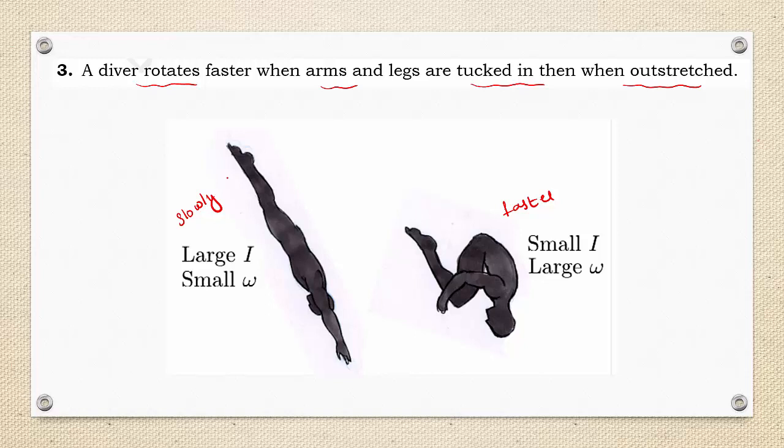For the law of conservation of angular momentum, remember, the total angular momentum of an isolated system remains constant, and generally we use the equation I1 omega 1 equals I2 omega 2. So before jumping and after jumping, angular momentum remains constant. Is it clear? So this is all about the law of conservation of angular momentum, and also we studied kinetic energy of translational motion and rotational motion. So this completes the chapter System of Particles and Rigid Body.